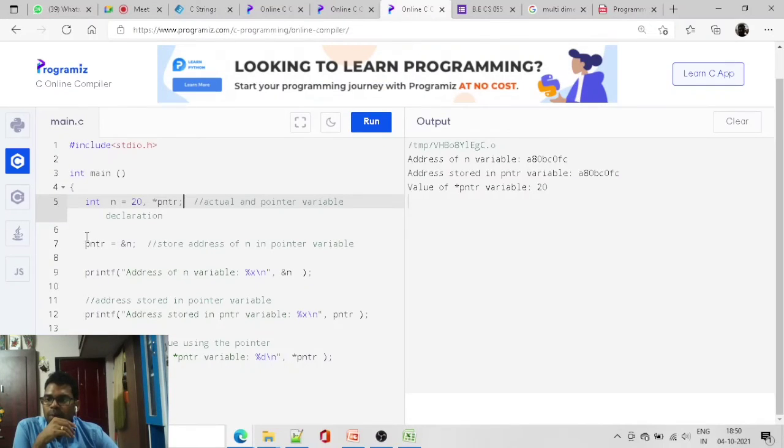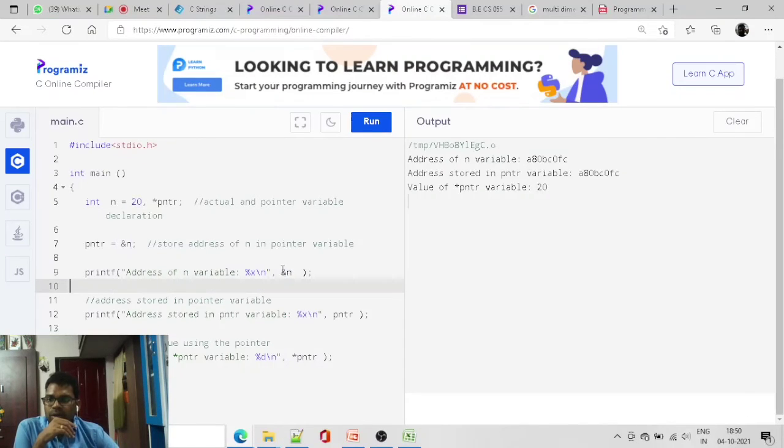Now the pointer can keep the address of n, so we can directly access the value using n, otherwise you can call it by the pointer. So here we are printing the address of n, ampersand n.